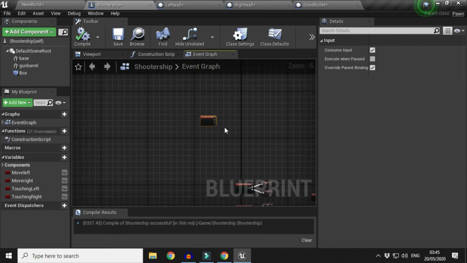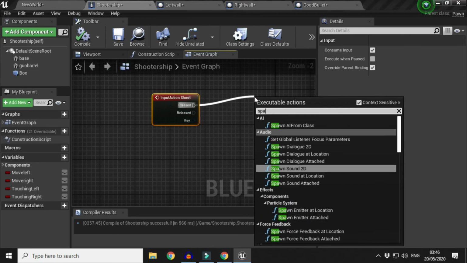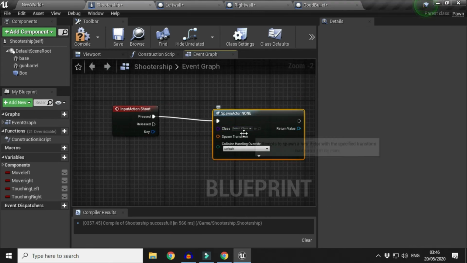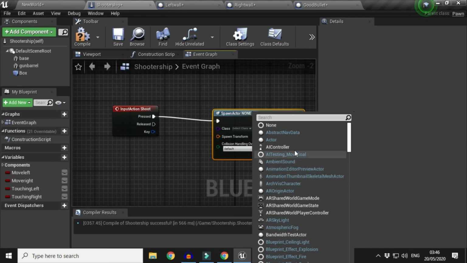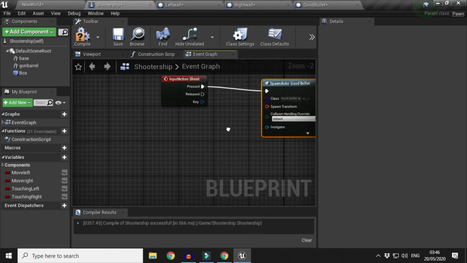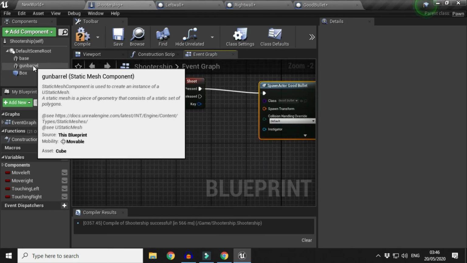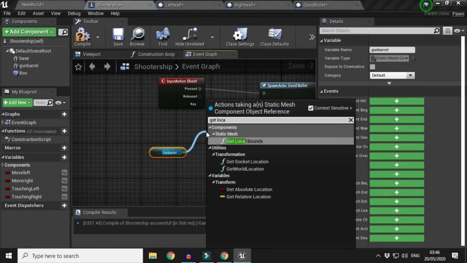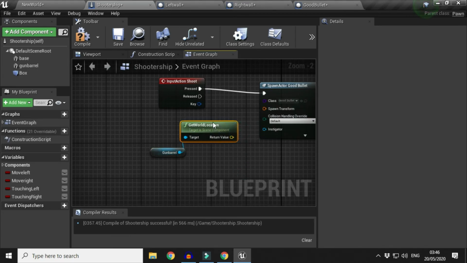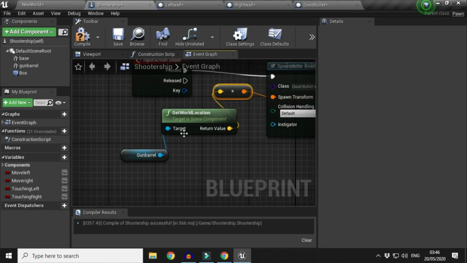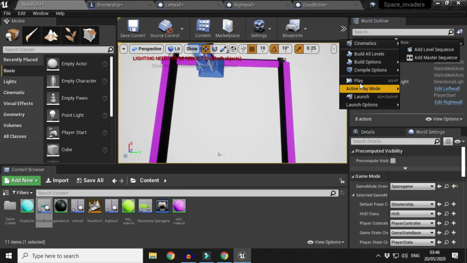So what we do for here, it's pretty simple. All we need to do is spawn an actor from class when the spacebar is pressed. The actor is going to be our bullet, well, a good bullet, but got it there. And our transform, we're going to want it to come out of our gun barrel. So we're going to want to get location of that. And then, even though it's a location going into a transform, UE4 will just convert that for us. We compile that. Hopefully, when we press space,